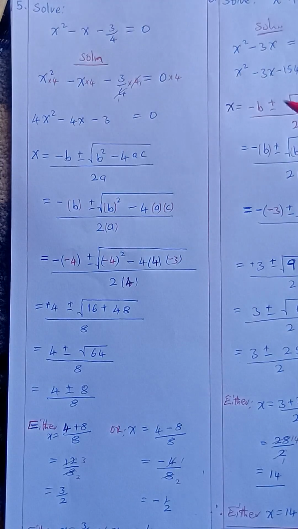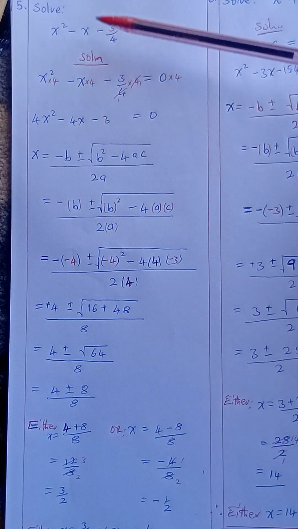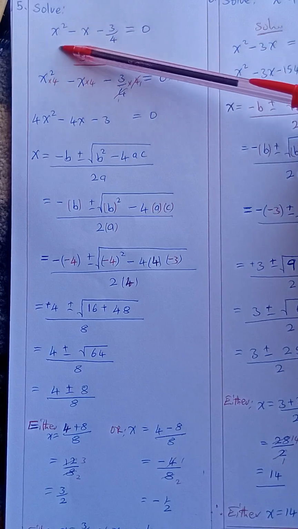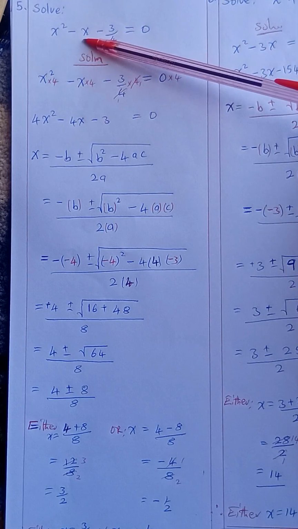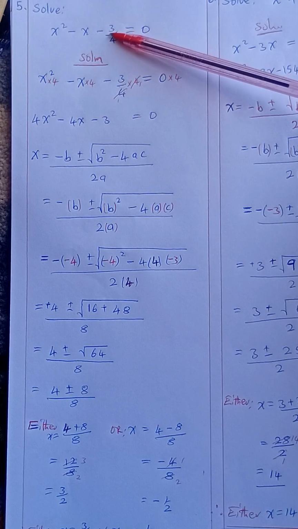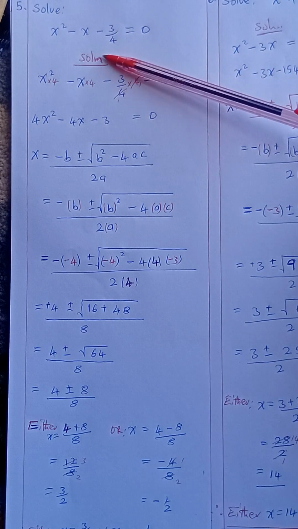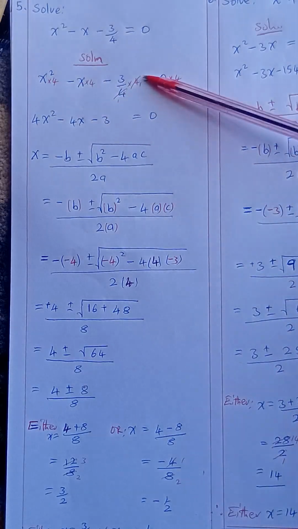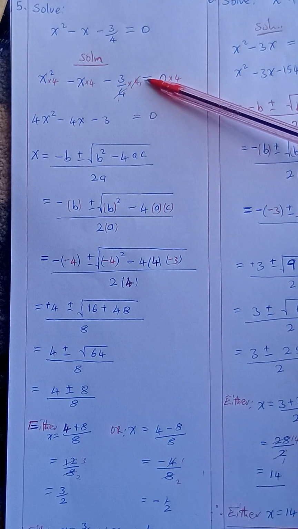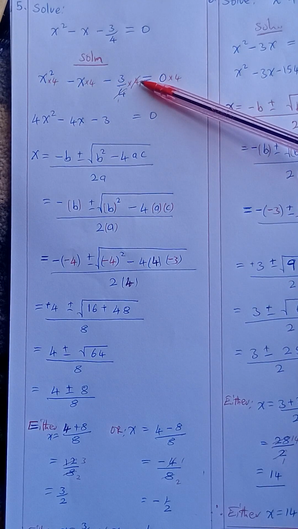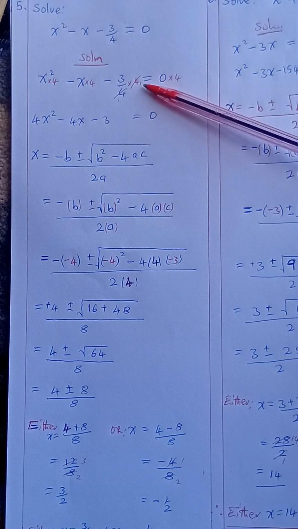Okay, now let us look at example 5. Example 5 is saying solve x squared minus x minus 3 out of 4 is equal to 0. So solution, we begin by copying. But in the first step, what you need to do, we have to find a way of eliminating the